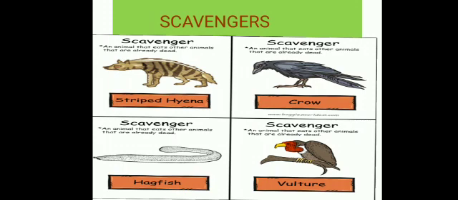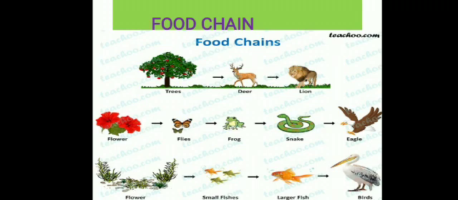Okay. Next topic is food chain. Food chain means, dear children, a series of feeding relationships between living organisms. You can see in the picture how each living organism gets its food and how energy is passed from one organism to another. Like in the first picture you can see trees. Trees are eaten by deer, and then finally deer is eaten by lion.